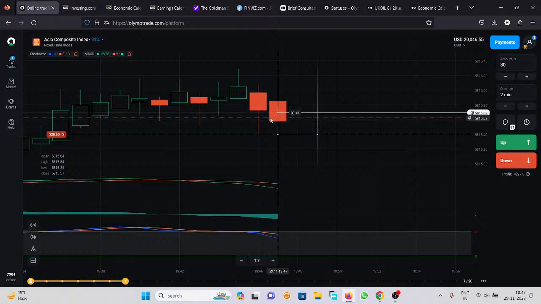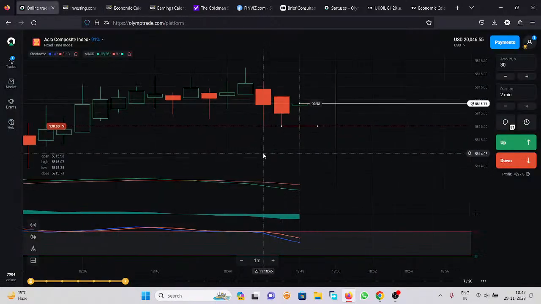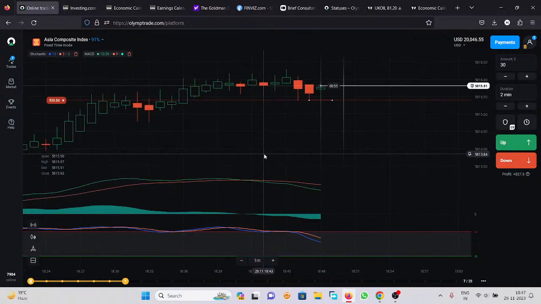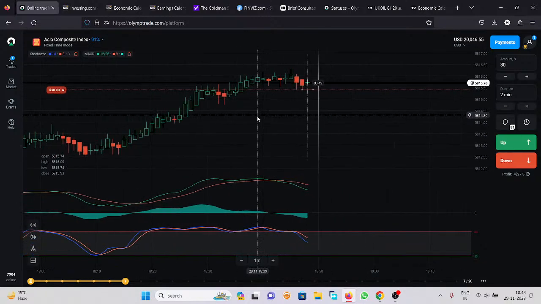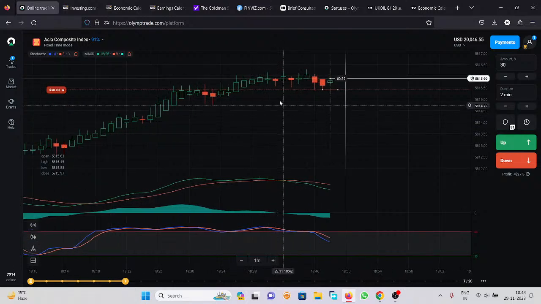because the market is near the dicey zone, because the American market is going to open in 15 minutes, and there will be some news in the market also. So sometimes, okay, USD GDP is also coming in the next 12 minutes, at 7 p.m. Indian Standard Time. At that time the market is always too dicey. Please do not open the trade whenever you see this kind of chart. It doesn't matter if the strategy provided you the signal or not. I kindly request you, please don't open the trade whenever you see this kind of candle.